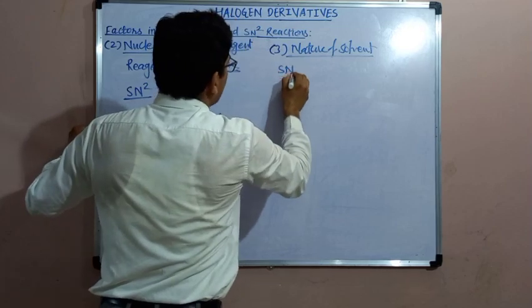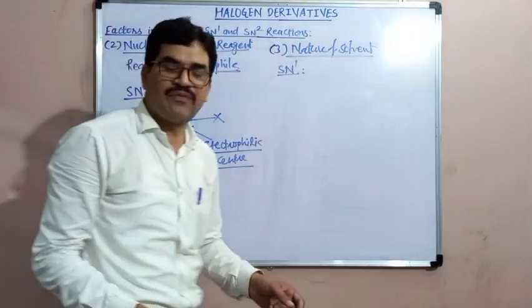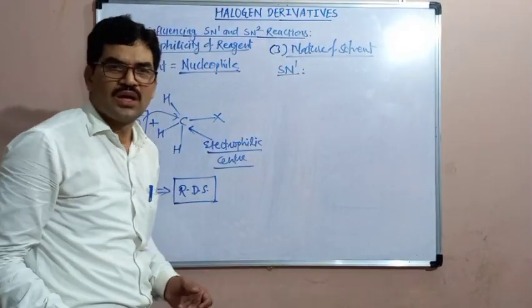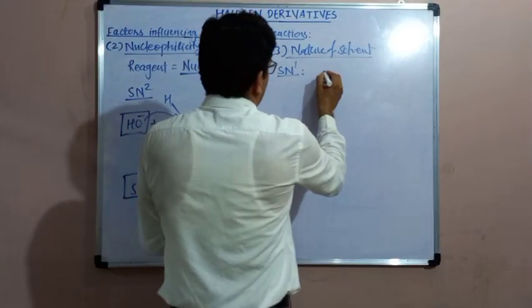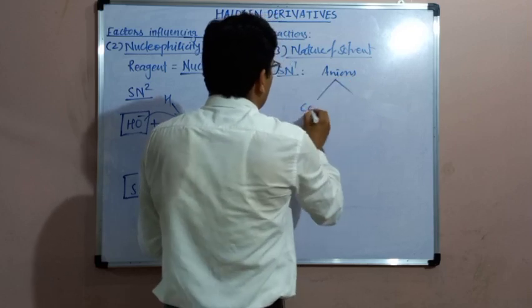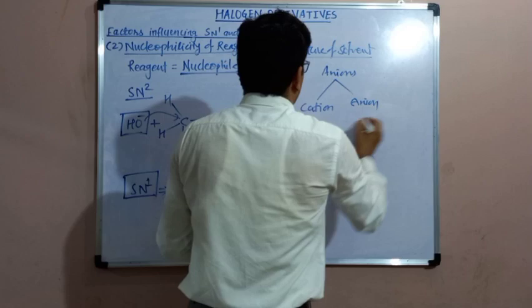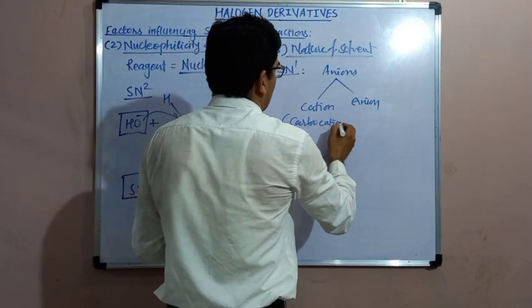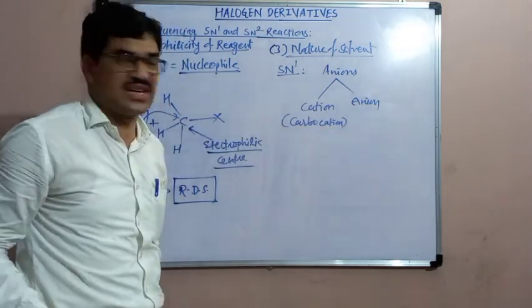Let us think about the SN1 reaction first. In the SN1 reaction, there is heterolytic fission of the carbon-halogen bond, the C-Br bond, and ions are formed, that is, a cation and an anion. Particularly, a carbocation is formed. The formation of these ions, that is, the ionization of the substrate,